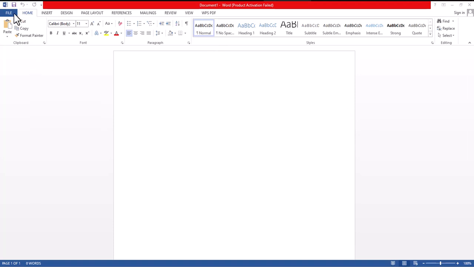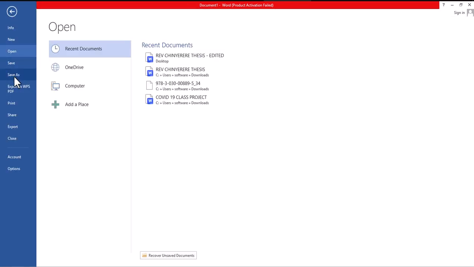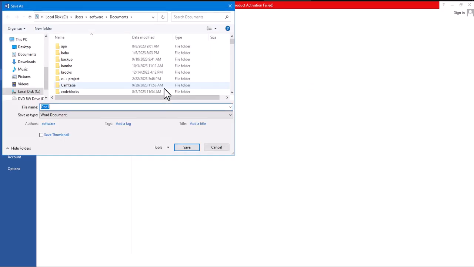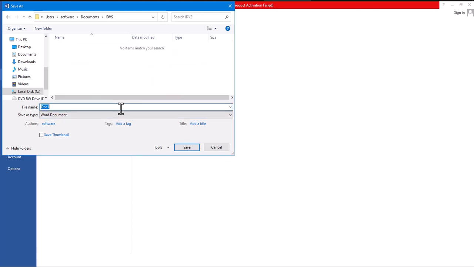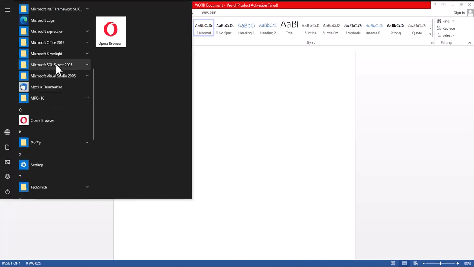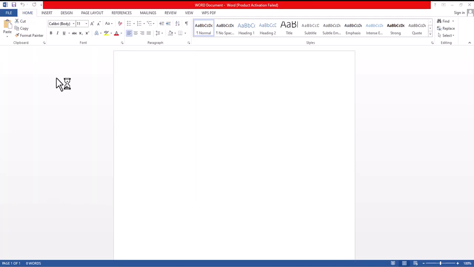So the first thing we did was we went on File, Save As, we went to our documents. Never mind my computer, it's got more information than is usual. So I put my IDVS, I say my Word document, I click on Save. I can also go to my Office, I select my Excel,